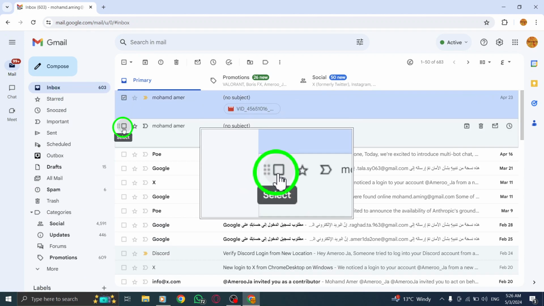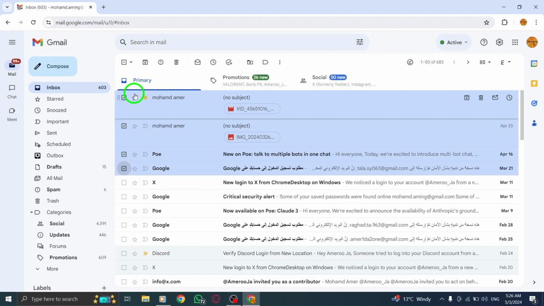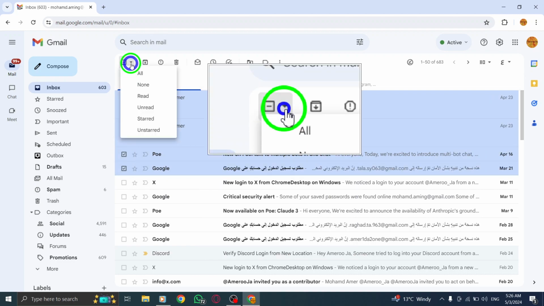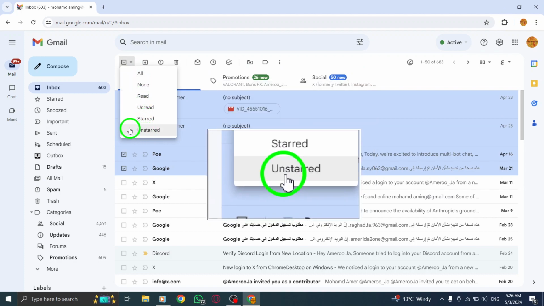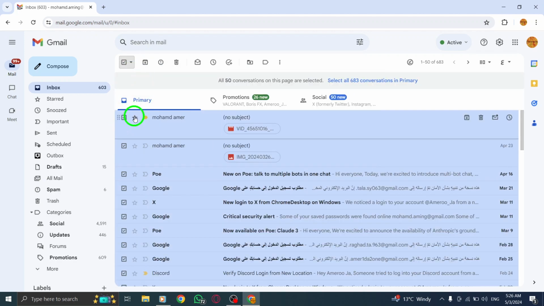A notification will appear showing the number of conversations selected. To choose all messages within the category, simply click the link provided in the notification. Once all messages are selected, proceed to the top of the screen and click on Delete to remove them permanently